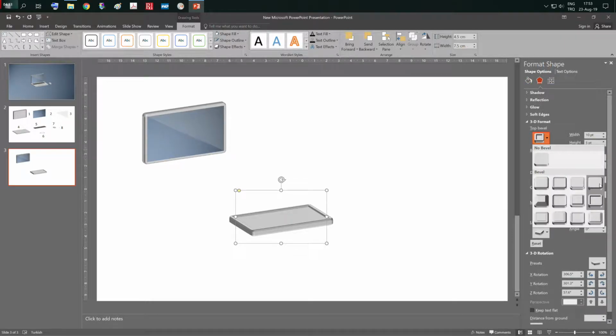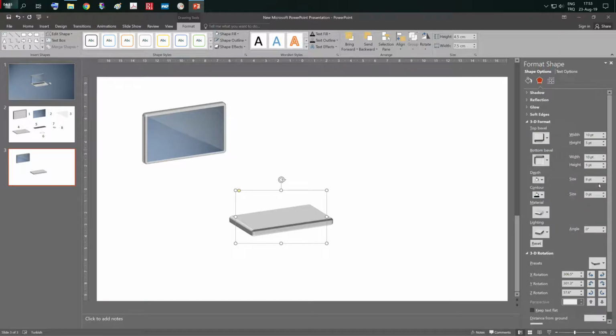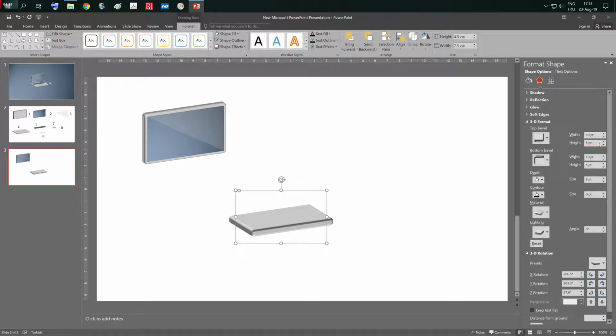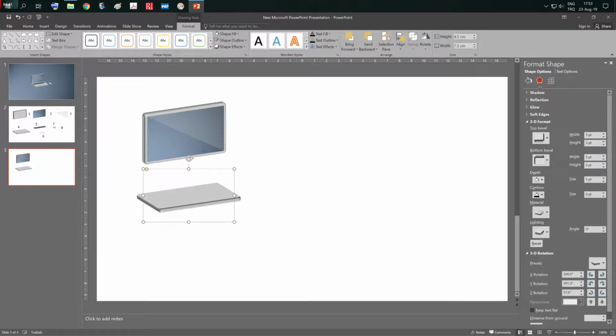Top bevel, this bevel is okay, and bottom bevel, this is 10 point width and 5 point height, the same. We can use it, or this time it's more suitable, I think: 5 point width, 3 point height, and the depth size is 5 point, and it's okay now. Let's change the size,